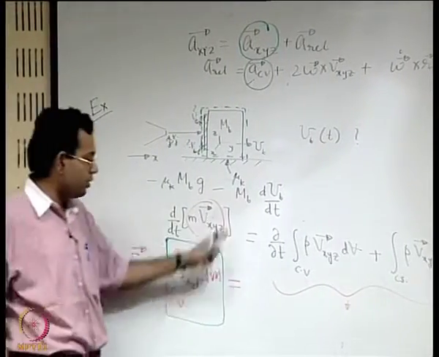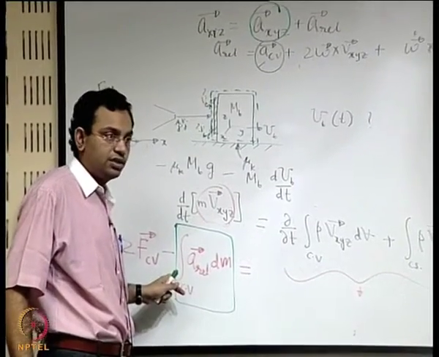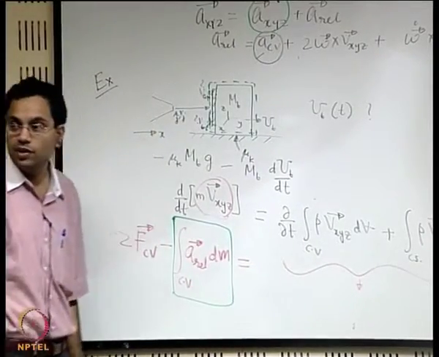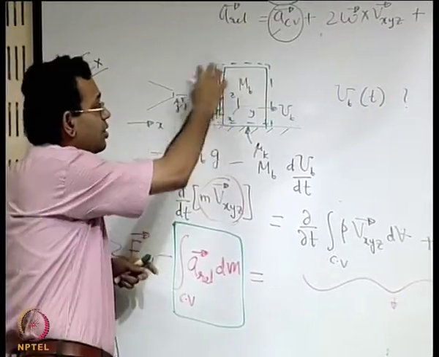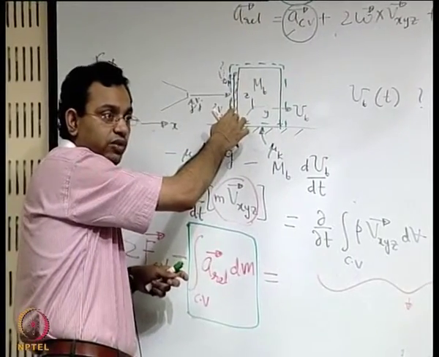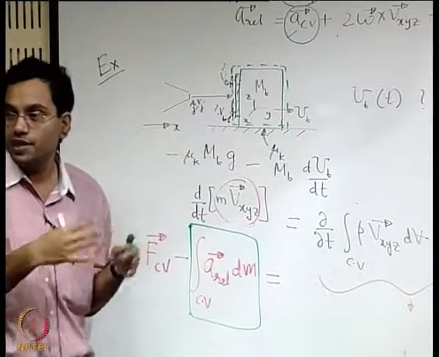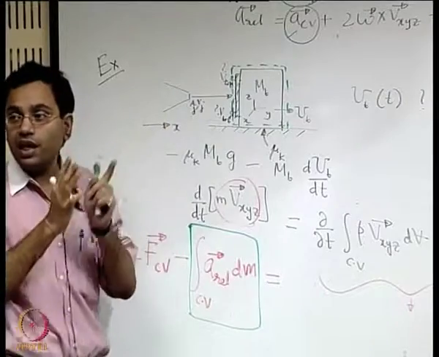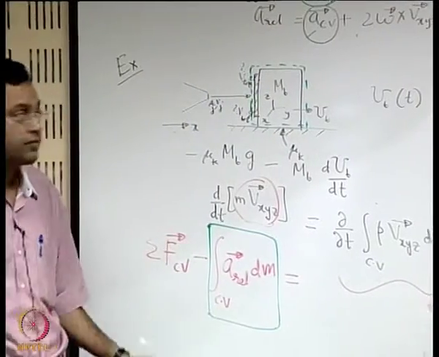So it is clear why we could take this A relative out of the integral, because all points on the block are moving with the same acceleration. We could have been in trouble if there was a lot of water in the control volume, because for water we cannot have such a rigid body type of assumption; then at each and every point the acceleration would be different. But we are neglecting the mass of water present in the control volume for writing these expressions.